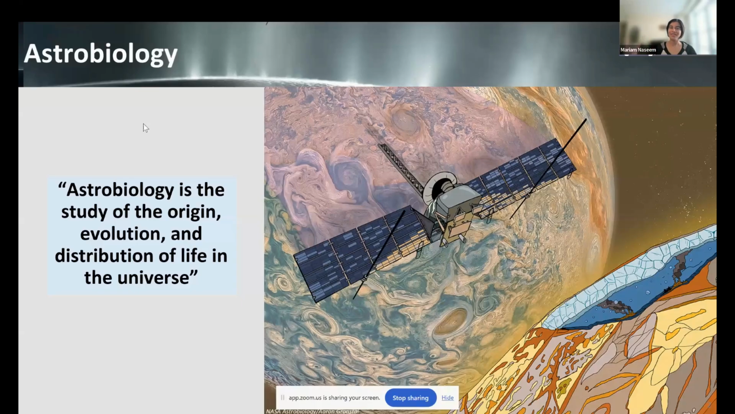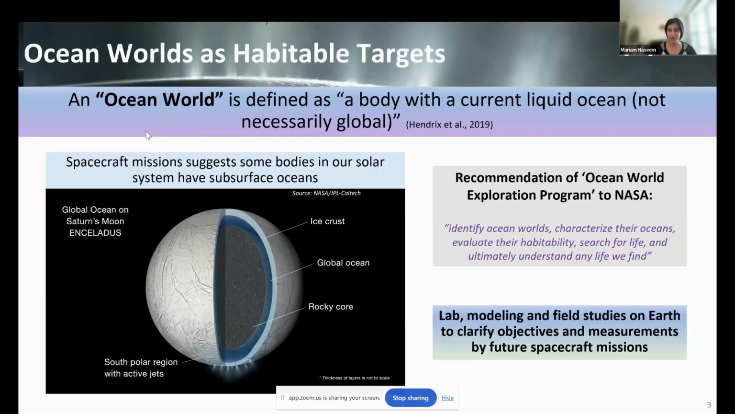One such class of locations is ocean worlds. We are considering them as potentially habitable targets. An ocean world is a body with a current liquid ocean, not necessarily global. And we believe these ocean worlds exist in our solar system based on spacecraft data. Here's a cross-section of the Enceladus moon, which is one of the moons of Saturn. It's an artist's rendition. And based on Cassini data, we think that there's a global ocean beneath kilometers of water ice,